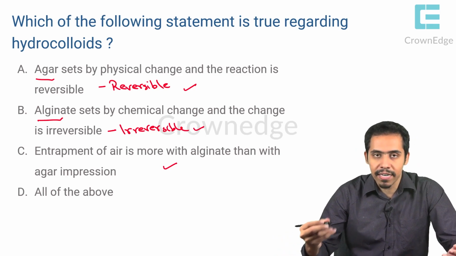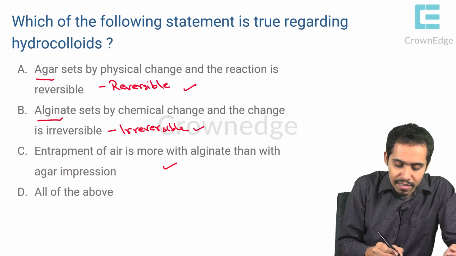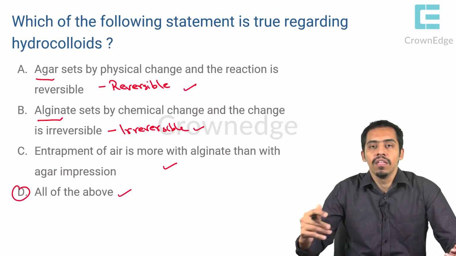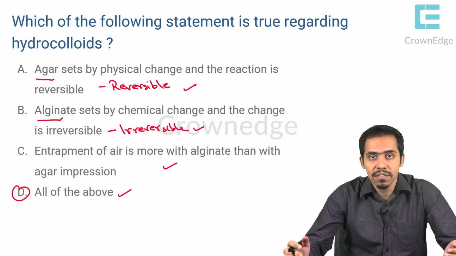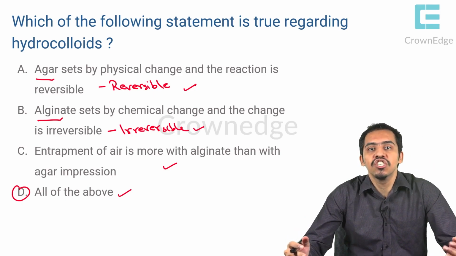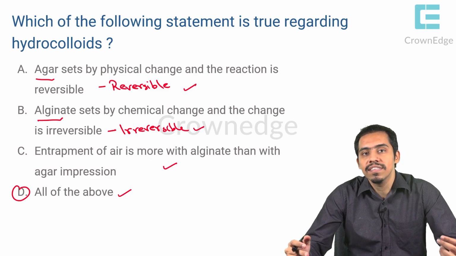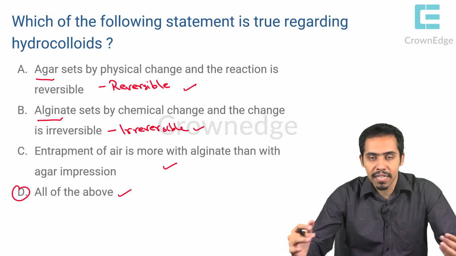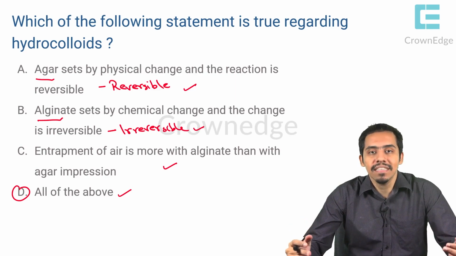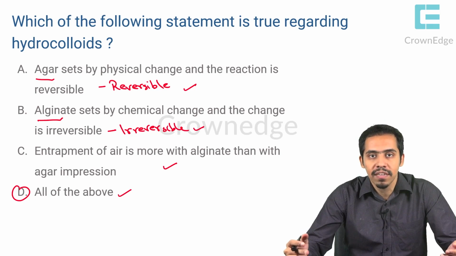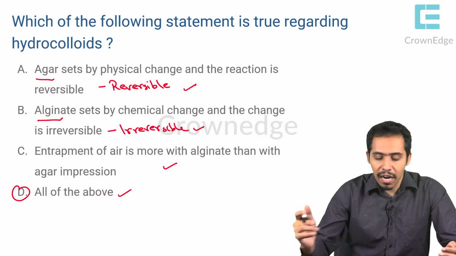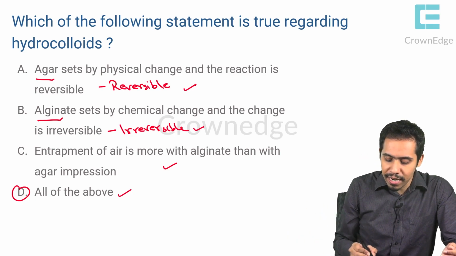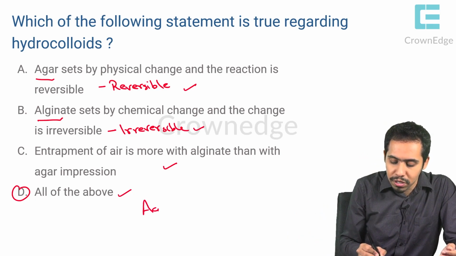So all three are correct, which is why we will go for the final option, that is D, all of the above. Now, one more thing which is kept in mind with alginate is there are a couple of disadvantages. Biggest among them, that it shrinks. It exhibits processes called syneresis and imbibition, which I'll be discussing a bit later on. So that is one biggest disadvantage with your alginate material, but still they are the material of choice with regards to various procedures. Agar, however, we have to understand is more used as a